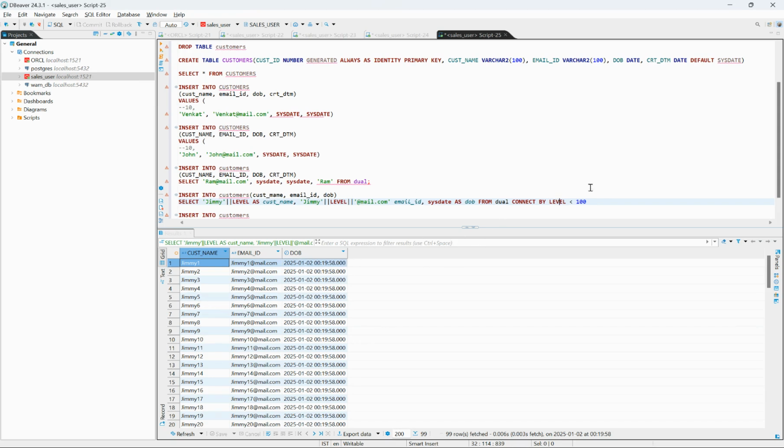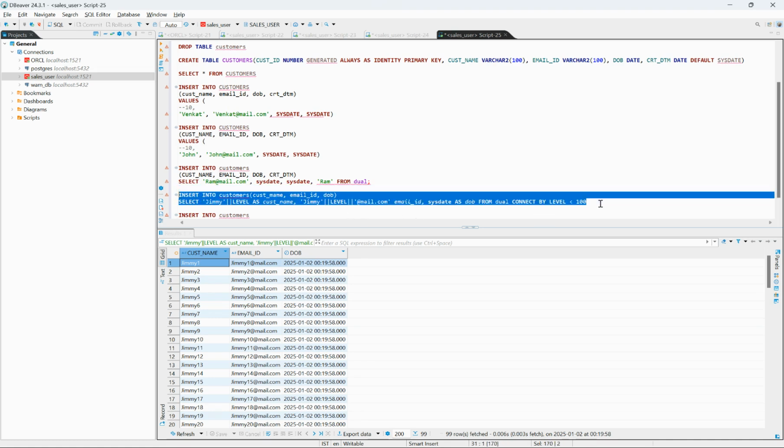And in this case, I'm returning almost 100 rows, 99 rows, right? And I'm going to insert the data. So I'm not inserting the data for two different columns. The first one is customer ID, and as we know, it is an identity column, and the second column is created date time, and by default it is going to be inserted with the sysdate whenever the statement gets executed, right? Now for example, in this case, if I run this statement,